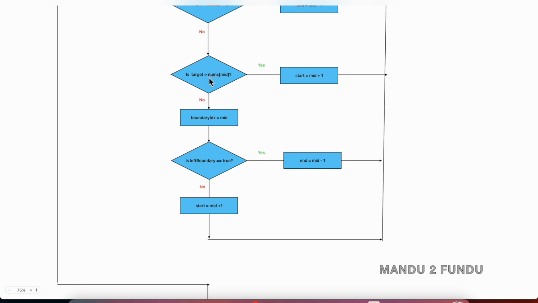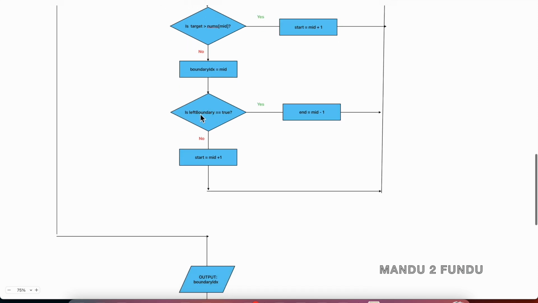Otherwise, if the target value is equal to the middle element value, then we update the boundary index variable with the mid index value. And then we check whether we are trying to find the start position of the target value or the end position of the target value. If the left boundary is true, that means we try to find the start position of